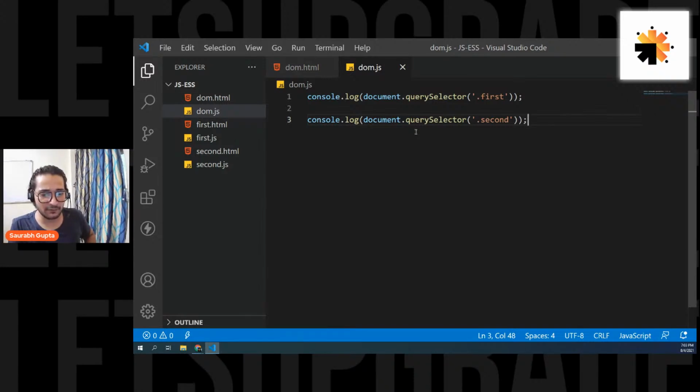Sir, what is the prototype and what is the role of this in console? Prototype is actually a big concept in JavaScript. That is something we are not covering now, but not a problem. Maybe in some future JS Essentials, or when you come to the advanced course, I'll explain what prototype actually is. Because right now, if I tell you, you'll get a little confused and it will use a lot of time. So don't worry about it right now, Mamta. It's actually a cool concept that I'll tell you in future.